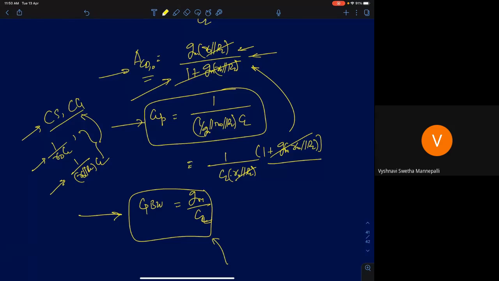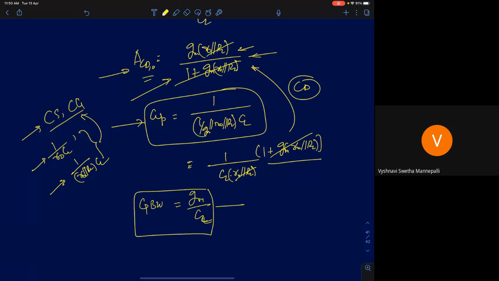The difference comes in the common drain configuration. Common drain inherently has much higher bandwidth. It can operate for a wider range of frequencies, but it will offer you a much lesser gain. Okay? So it will offer you a much lesser gain. So this is something we talk about when we discuss low bandwidth circuits. Whenever we talk about low bandwidth circuits, so circuits which are built using resistors and capacitors, I'm talking about only those circuits.